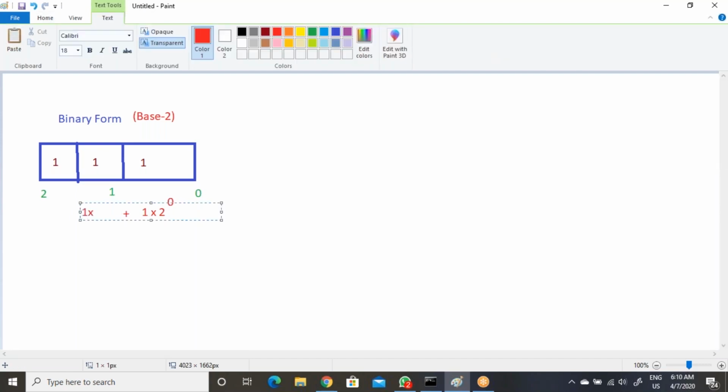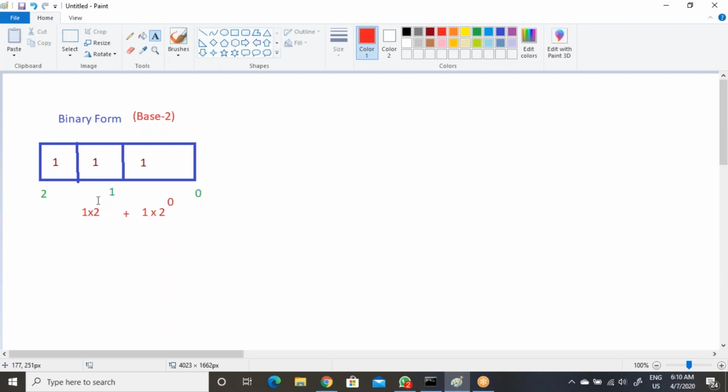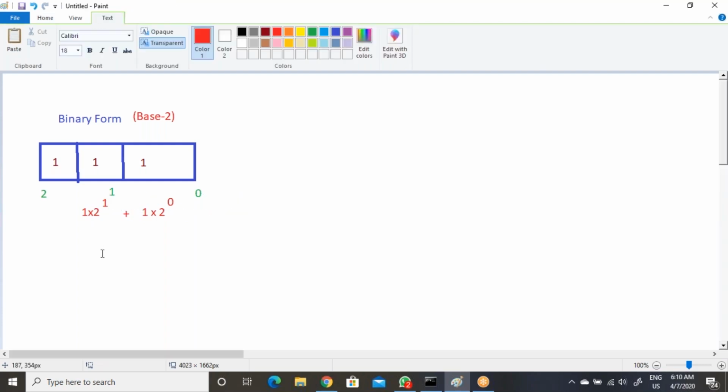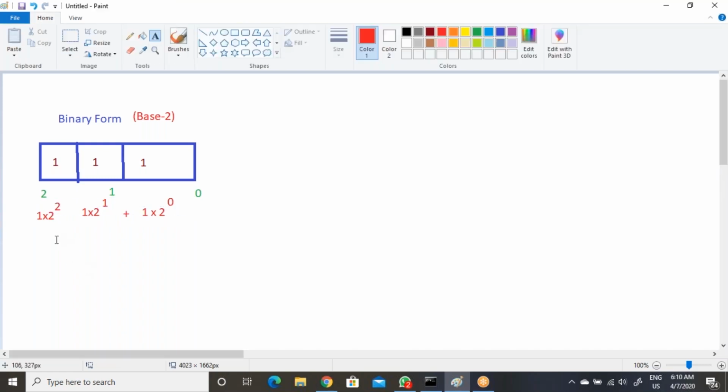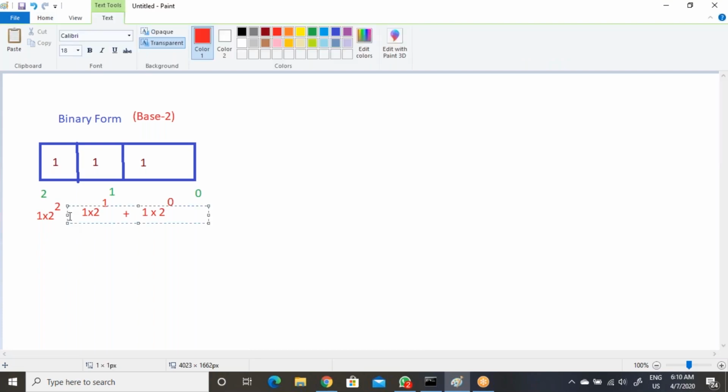Then again 1 into 2, then the power will be 2 here. So now observe here, 1 into 4, 1 into 2 squared will be 4, plus 1 into 2 power 1, always 2 only, then 1 into 2 power 0, always 1.